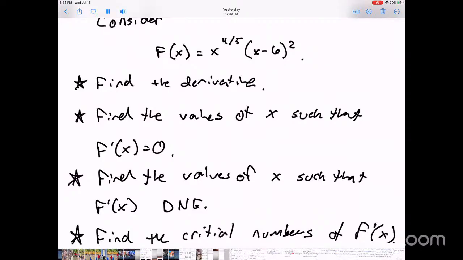All right, greetings YouTube. Beautiful Mind here. We have this question that comes from calculus, right? It asks us to consider this function f of x equals